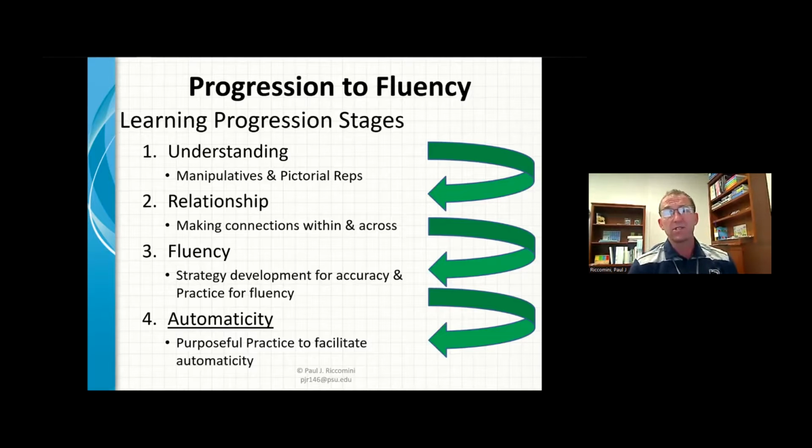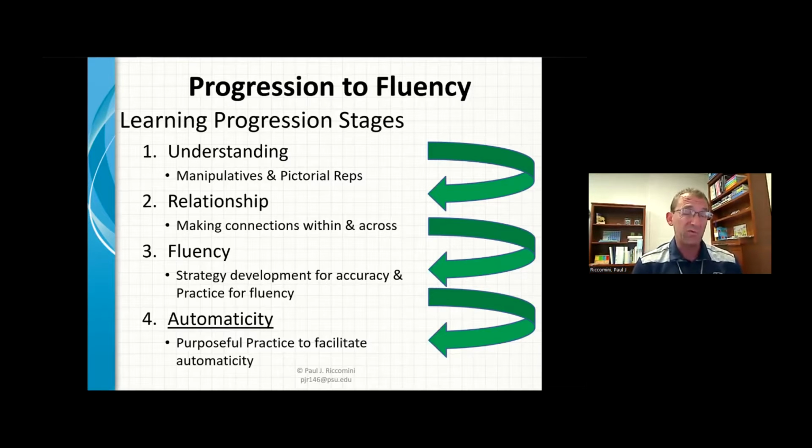In the relationship stage, this is where we're looking at connections within and across operations. So this is where kids are really beginning to see the inner workings of the operations. In fact, families are a big part of this. Doubles, they begin to learn the computational properties. So what happens when you're adding a 0 and you're adding a 1? Sets are being combined and things of that nature. And like I said yesterday, that relationship stage occurs at all levels of math. And sometimes we rush a little bit too fast through there.